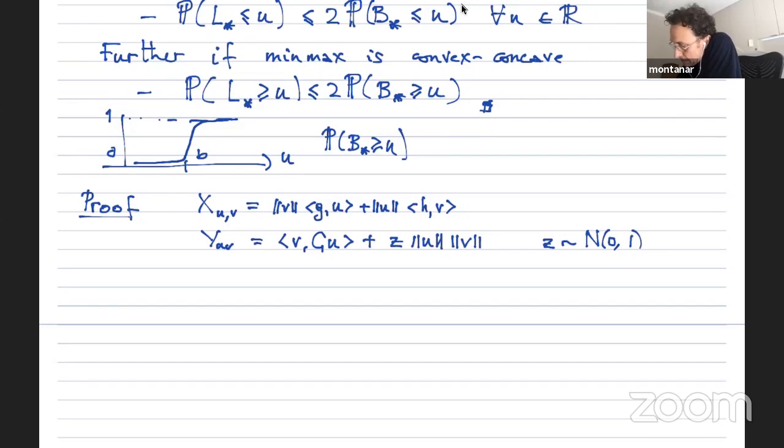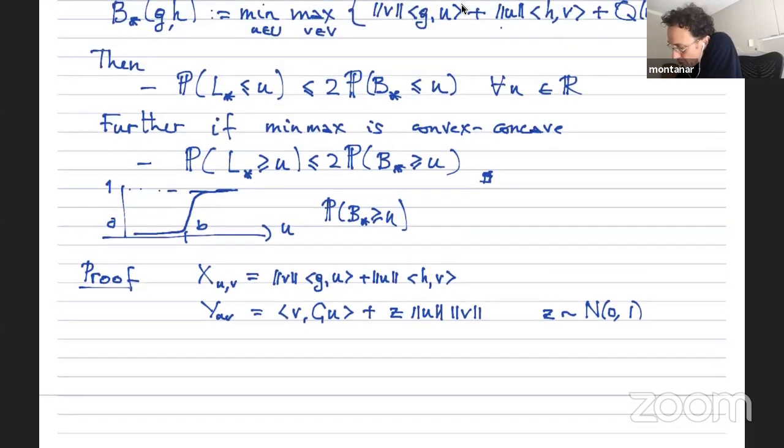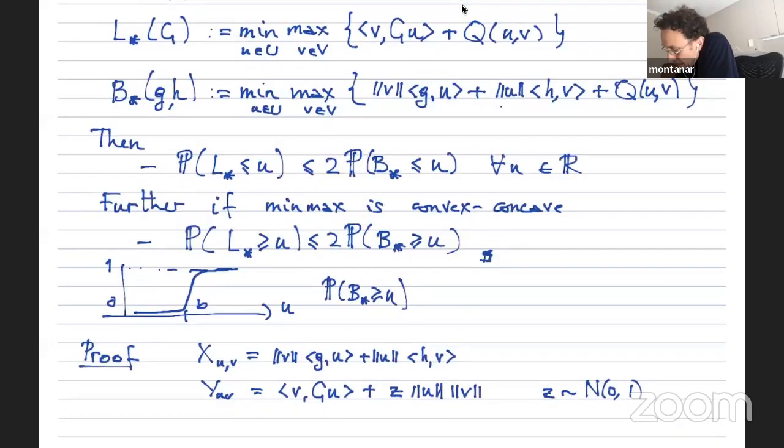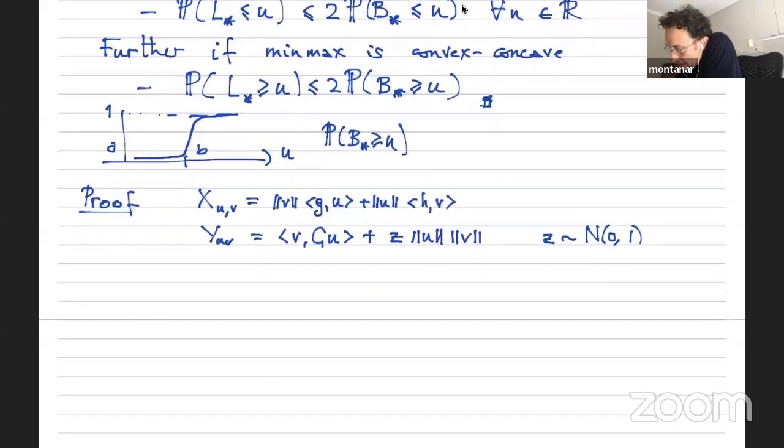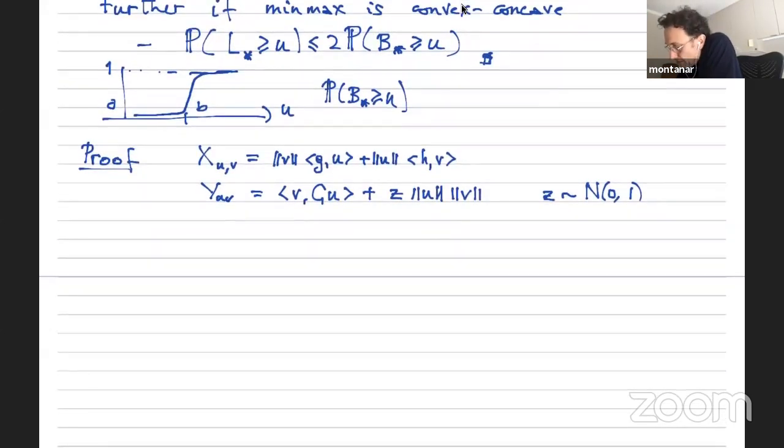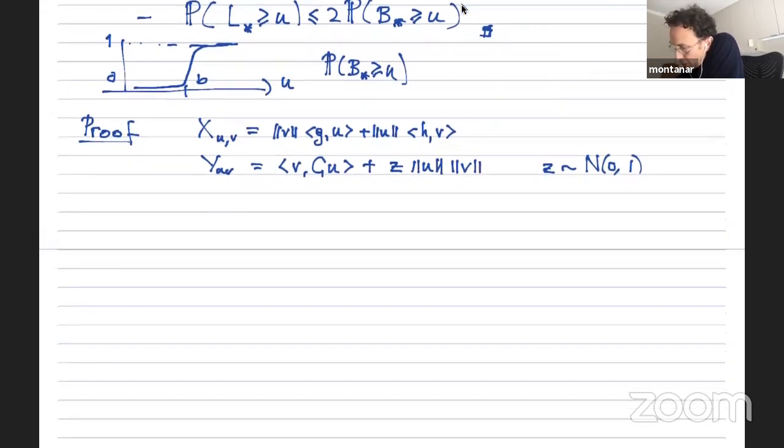Notice that this Z doesn't appear in my optimization problem here because I wanted to keep things clean, and I'm paying for the sloppiness of not putting the Z here by this factor 2. So this factor 2 is basically the effect of conditioning of Z being positive or negative. But you understand that this Z does not play a big role, it's just a single scalar. So now I'll check that these two processes are in the right order as required by